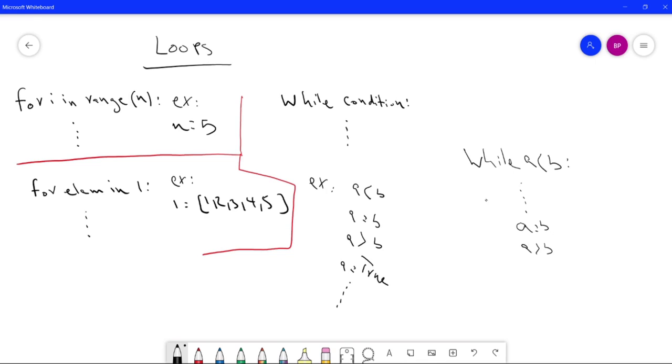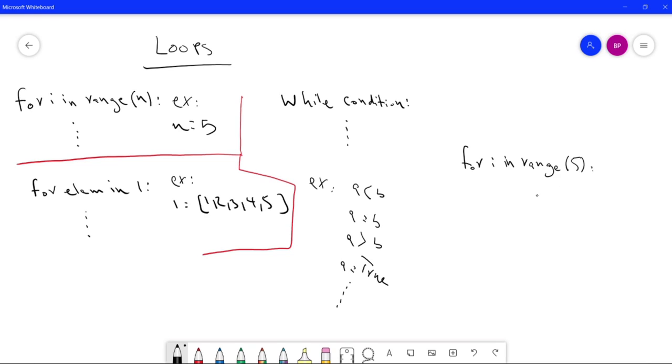But let's say you don't have that condition, but instead you're told that you need a loop that runs a certain number of times. Like let's say you want to go through an array and you already know that array has 5 elements. You can easily just say for i in range of 5.